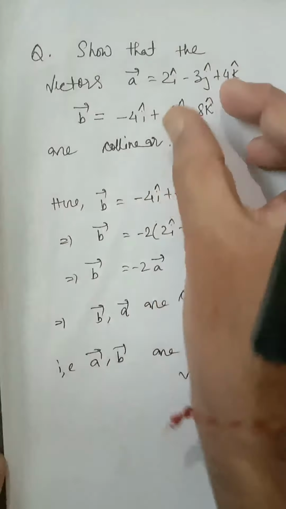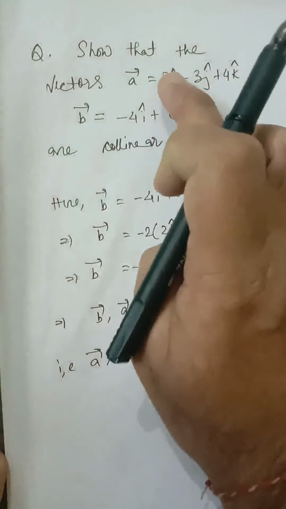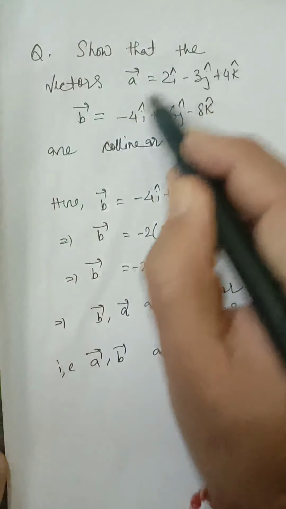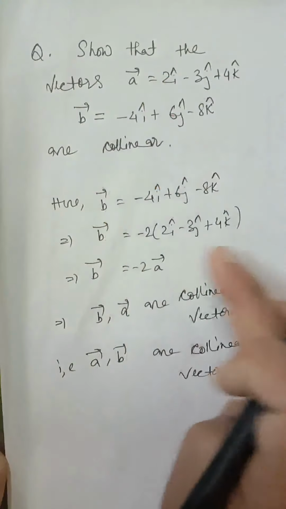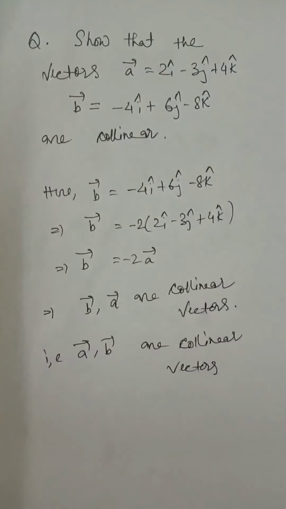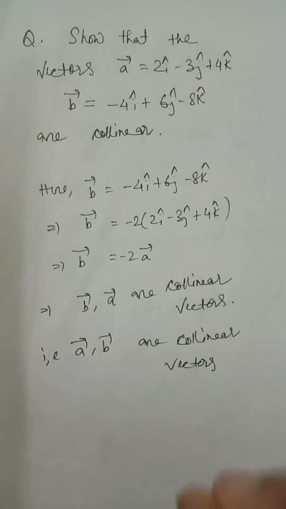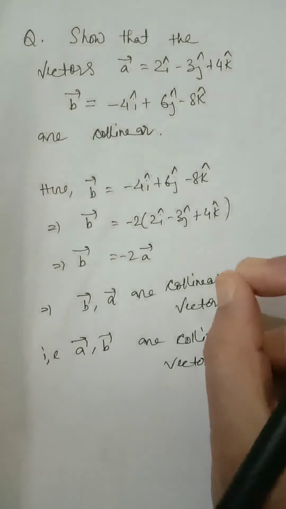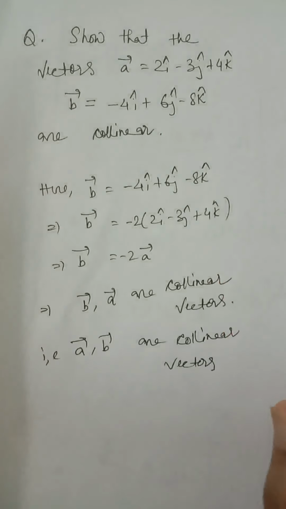This can be done using just simple observation. 2 and 4, you can see minus 4 and 2. If we multiply minus 2 with this, we get minus 4. So B vector equals minus of 2A vector, some constant into A vector. So B and A are collinear. So these are some simple questions based on the basic idea of vectors, but these are at the same time very, very important questions for examination purposes.